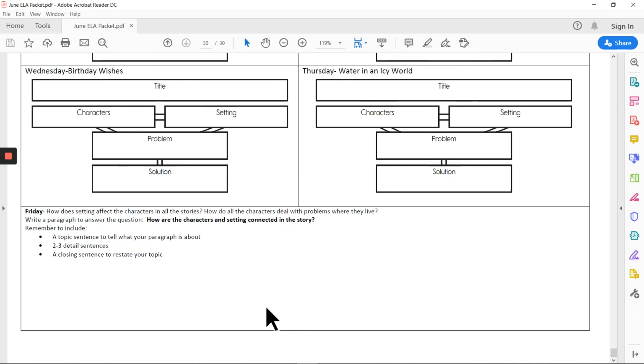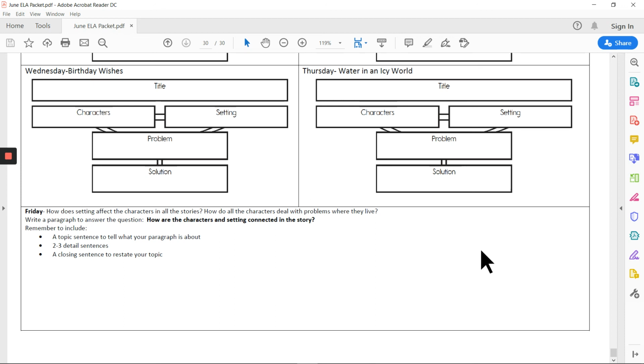Again, think about how the setting affects the characters in all of the stories. How do the characters deal with the problems where they live? And you'll write a paragraph to answer the question. How are the characters and setting connected in the story? Remember to include a topic sentence that tells what your paragraph is about. You can practice PQA by putting the question in your answer. How are the characters and setting connected in the story can turn into a topic sentence. The characters and setting are connected in the story because, and you can go ahead and finish that sentence